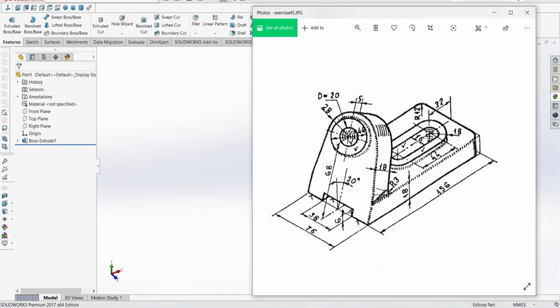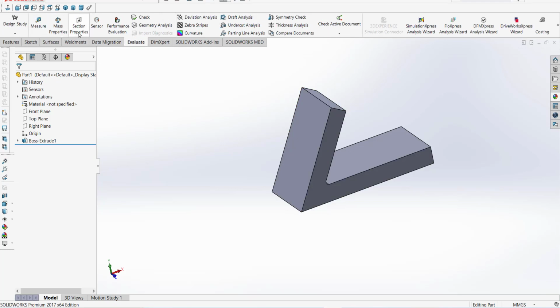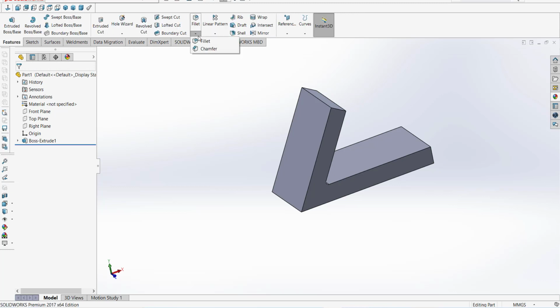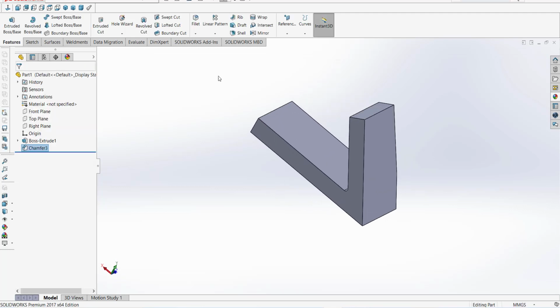Now this is our 56 from upper side, and bottom is 76. So we have to make chamfer both side and then make a radius. Okay, so first we have to measure this dimension. Okay, so go to evaluate and measure. This length is 74. Okay, now go to feature and chamfer. Okay, and distance, this is 10 millimeter and this is 74. Okay, click on this edge and okay, now on other side,